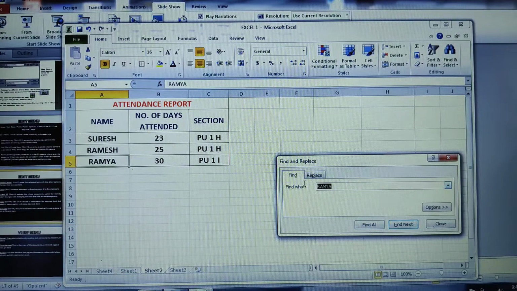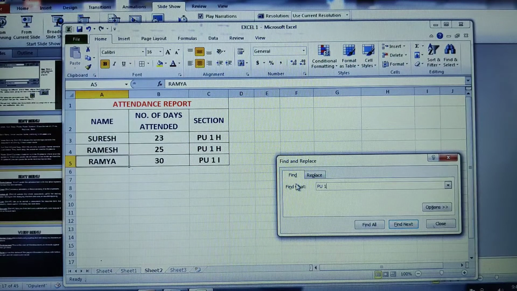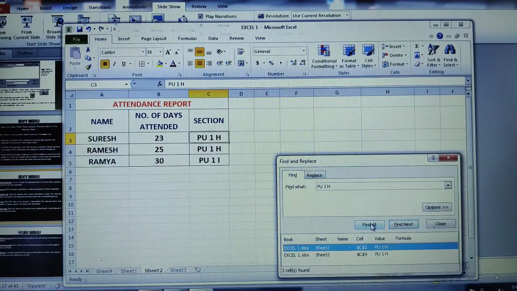Now I would like to find the PU1H section, which I have given 2 times, right? So PU1H I would like to find. When I go for the find all option, see, it is showing that it is there 2 times. In the cell C3, if you observe, the dollar is like a reference, it is in Sheet 2. This is my Excel file name, Excel1 Microsoft.